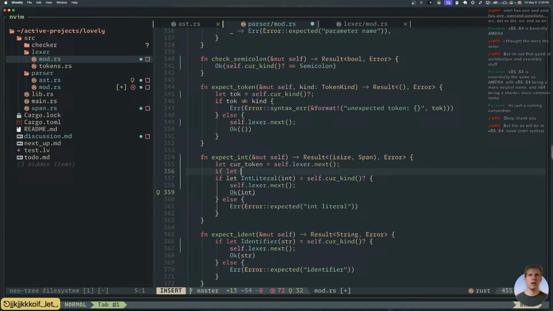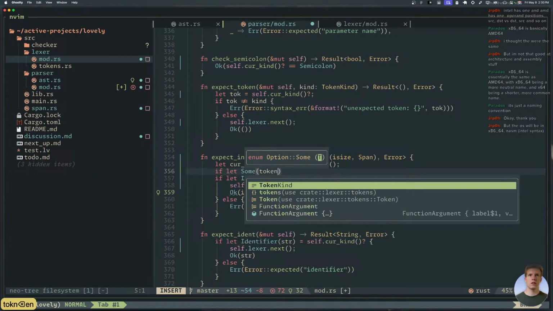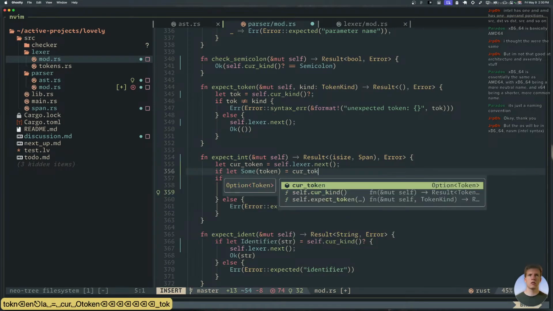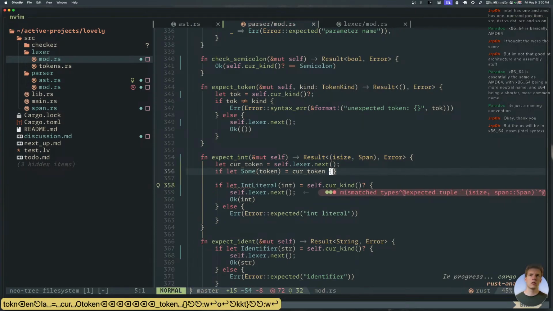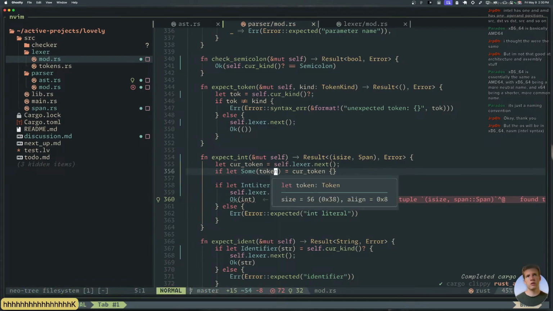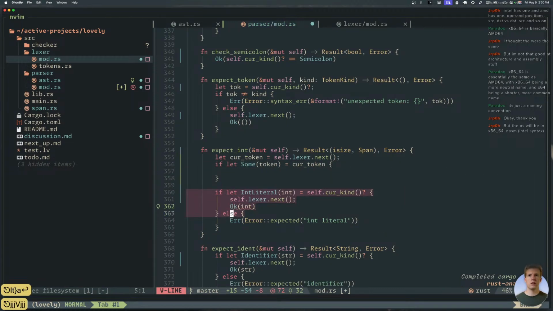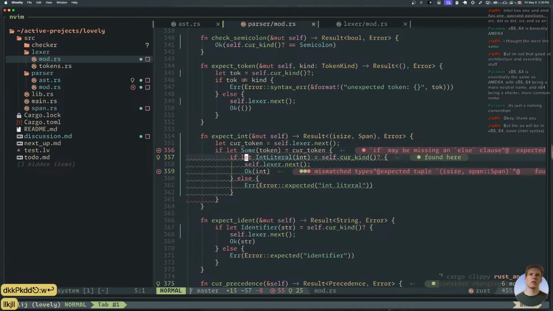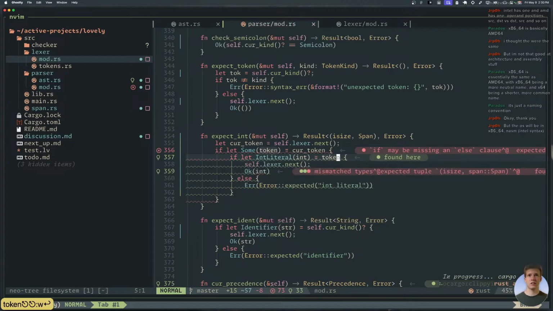So I'm going to say if let Some token, then here we have a token. All right, and then we can do this kind of thing. Not this, but this.